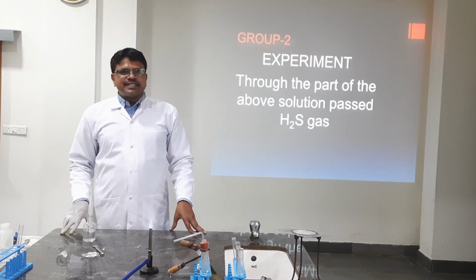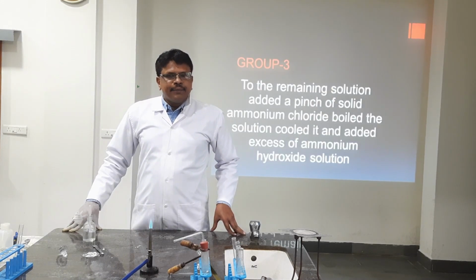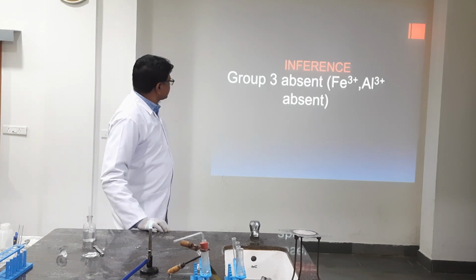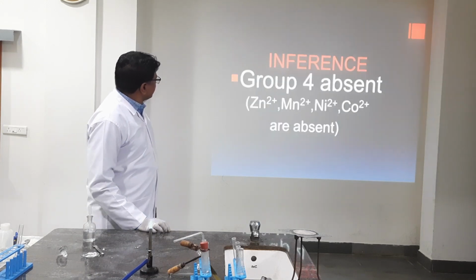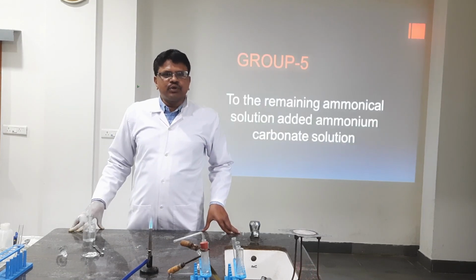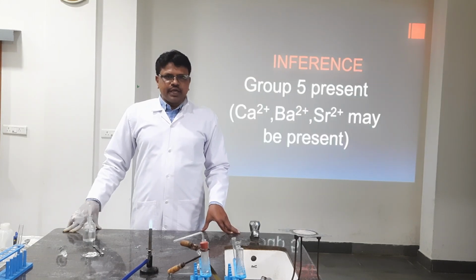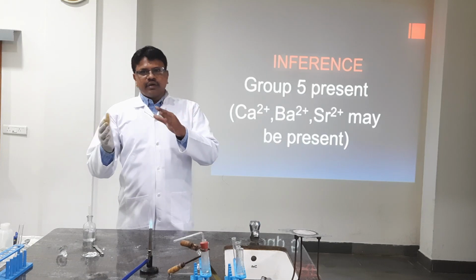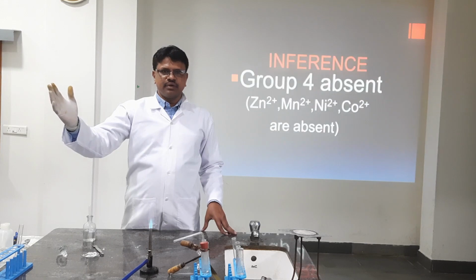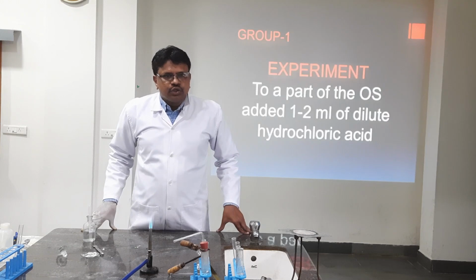Whereas fourth group, total 4 ions are identified: zinc, manganese, nickel and cobalt. When you come to fifth group, there exist barium, calcium, strontium. Sixth group is also there, that is for magnesium. If all these groups are giving a negative test, not positive, then we will go for the cis group.